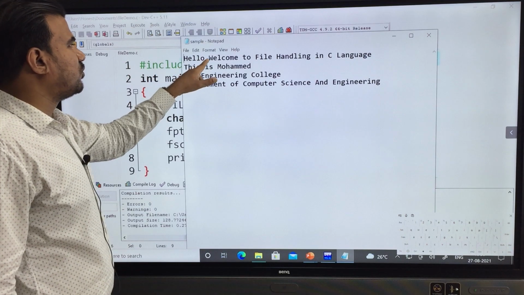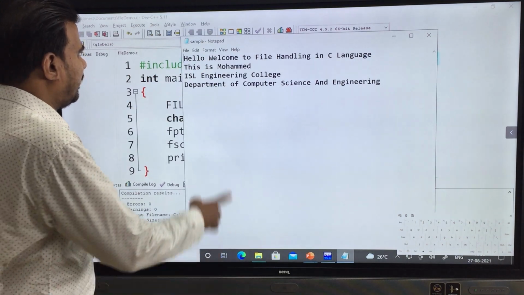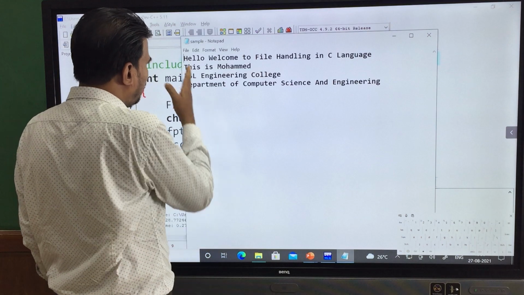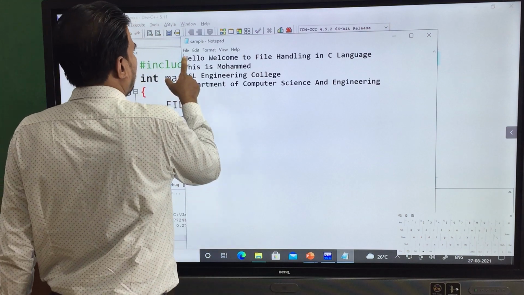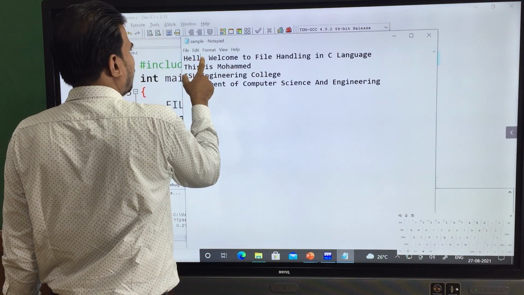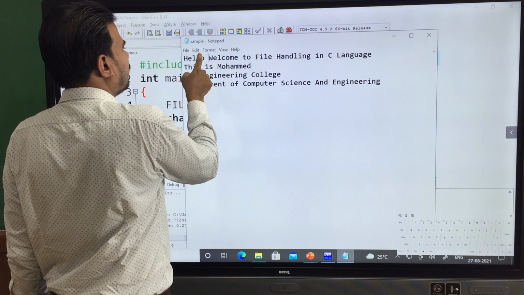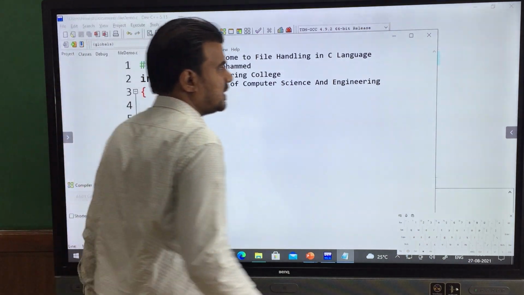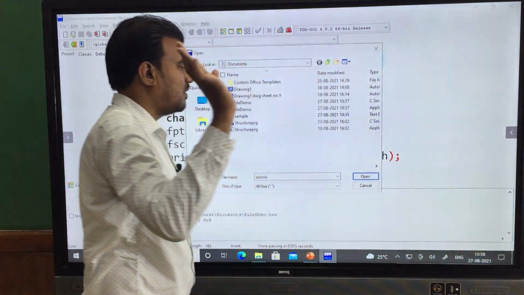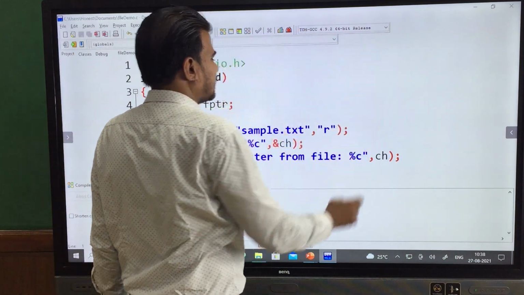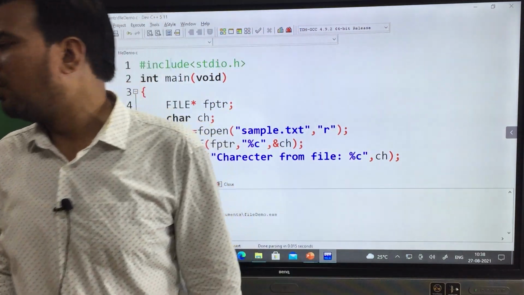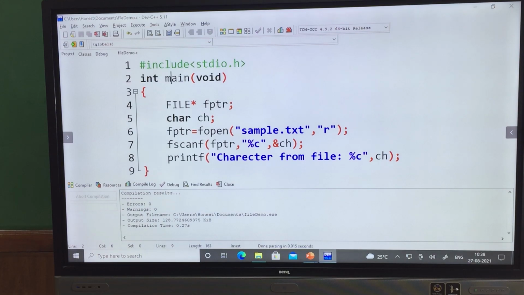So let us say I want to read this w from welcome. How many characters away is it? 1, 2, 3, 4, 5, and that space also we need to count. 1, 2, 3, 4, 5, space is 6. So it is 6 characters away. Remember this one. From the beginning of the file, it is 6 characters away. So I will put that over here. Before reading it, what do I have to do? I need to send my file marker to that location.